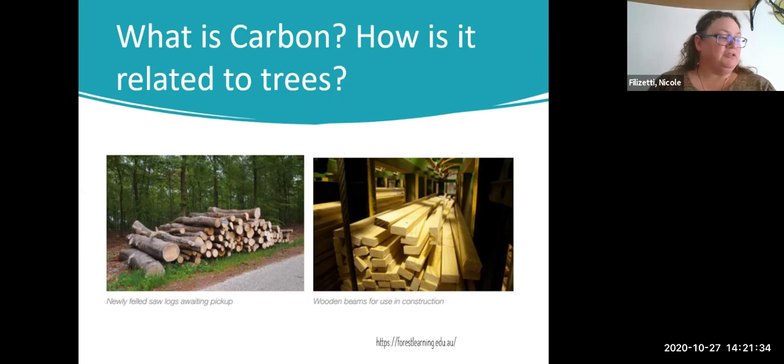If you've taken any chemistry or even physical science classes, you've probably learned that carbon is a massively important element in our world. You may even have heard the expression that carbon is the building block of life. Because of its structure, carbon can form complex and stable connections with many other types of elements, so it becomes the foundation of many important things in our world, including trees. If you were to cut down a tree, let it dry out, and then look at the wood, you could make the generalization that 50% of the dry mass of the tree is carbon. So where does that carbon come from?